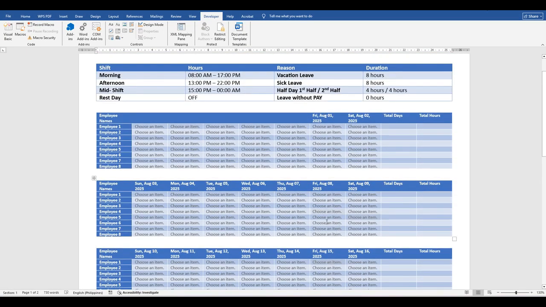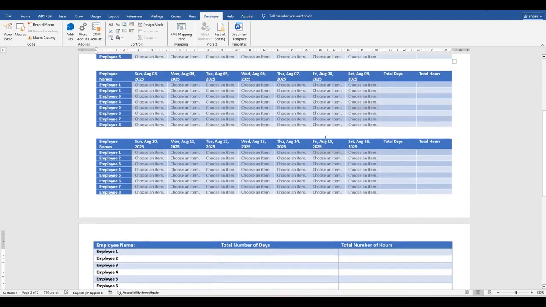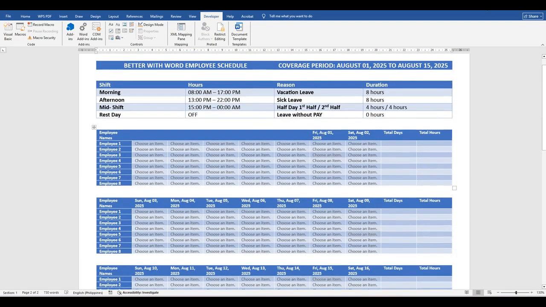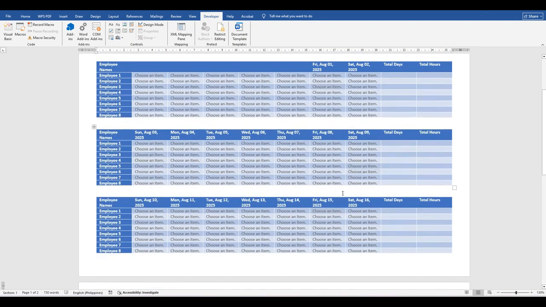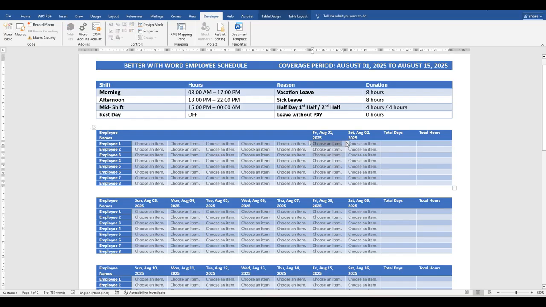All right, so let's start. So if like, for example, employee 1, since this is blank right here, please do not choose anything. So we will start choosing from August 1. So if like, for example, your work week is just Monday to Friday, then all you need to do is to actually just choose Friday and then skip Saturday and so on and so forth. So since this is Friday, let's say